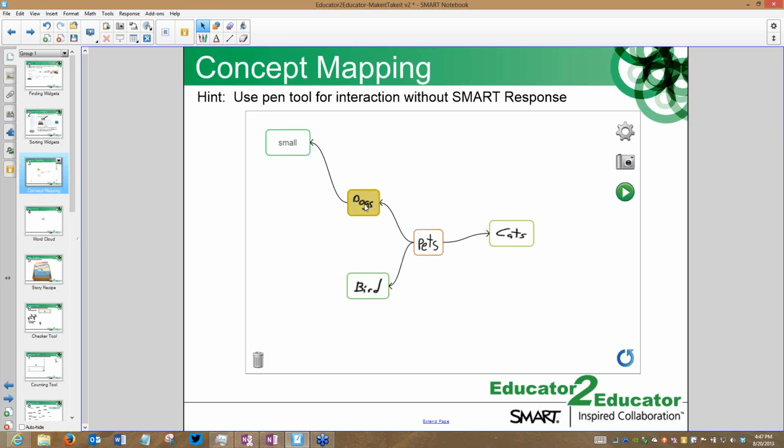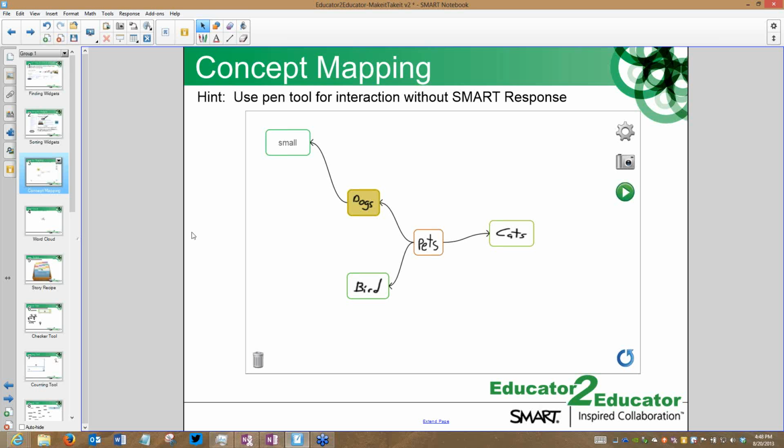The more they respond, the larger this bubble will get. The font size of it will steadily start increasing. And it will get bigger and bigger and bigger, so you know which ones are very popular because the size of it will be larger. Now, because I did not actually activate a smart response system, we're not going to get an opportunity to see that one. But it is an absolutely incredible tool.